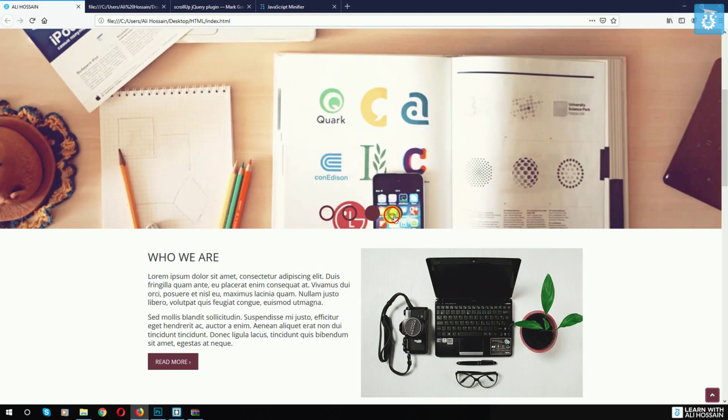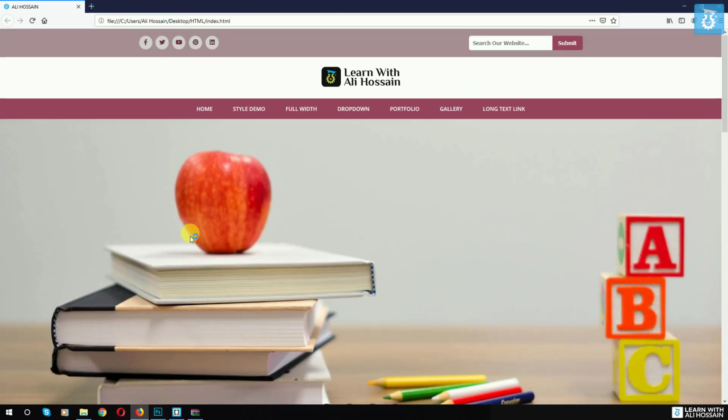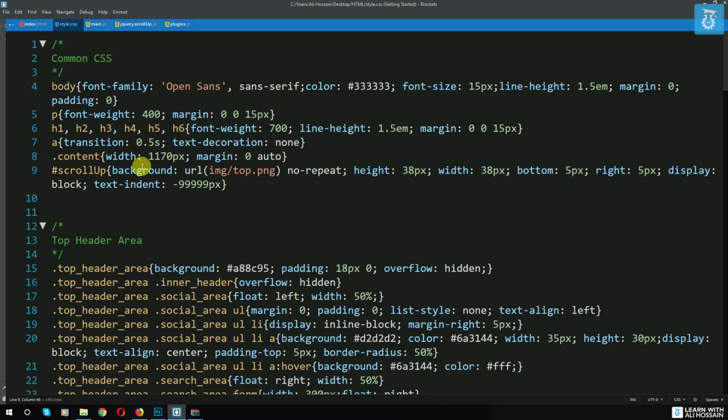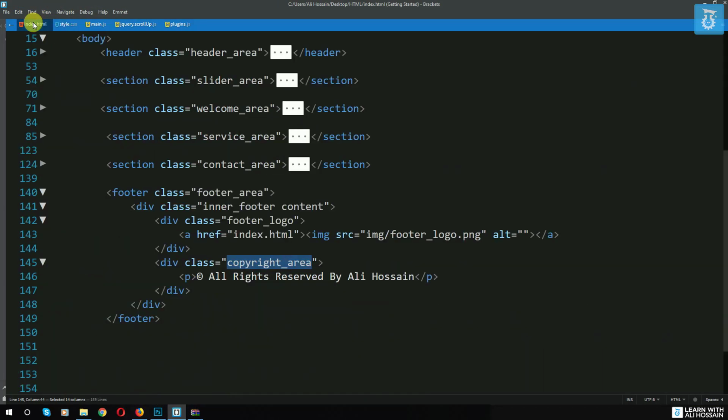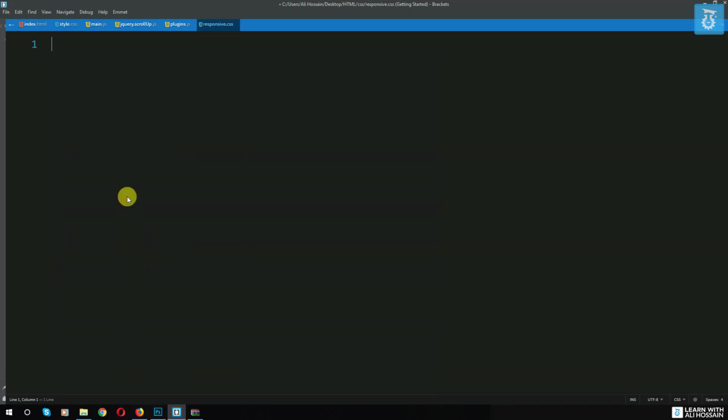Now we can work on the responsive part and start our responsive work. For that, what I need to do at first, as you can see this is the CSS file, I want to create another CSS file, and that CSS file name will be responsive.css. I will create a new file called responsive.css, and here I will add a comment for tablet layout, and I will add @media